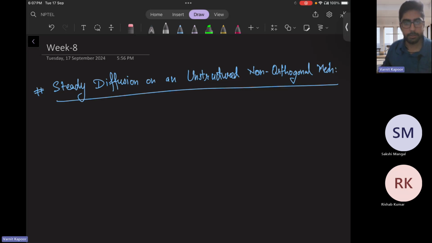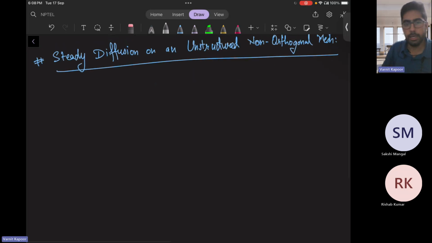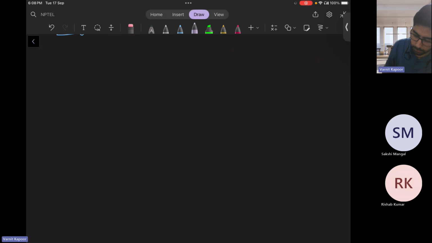Last time we did orthogonal, unstructured. This time unstructured as well as non-orthogonal. What we mean by non-orthogonality is that the area vector is not parallel with the unit vector of that face. Suppose I have